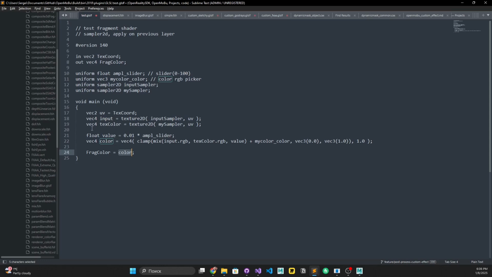We will see the post-processed image on the screen. Then another sampler, this one already a user sampler, and we extract also a color from this sampler using the same UV coords, so in image space, right? The logic here is that we mix two images based on the value. The value is our slider. This is the uniform,